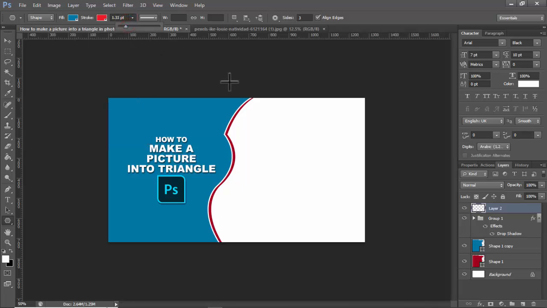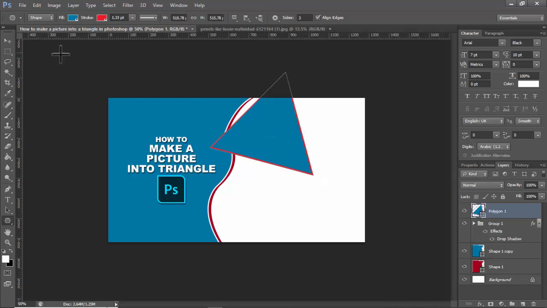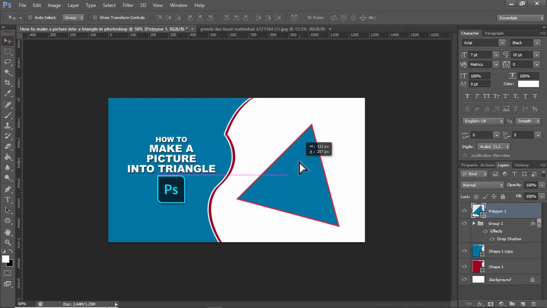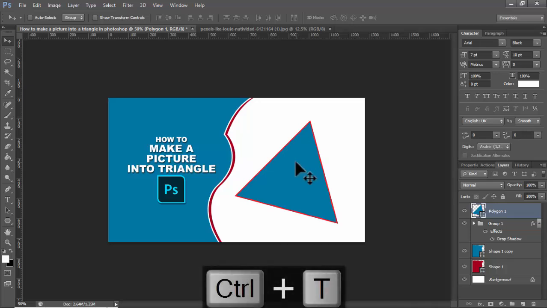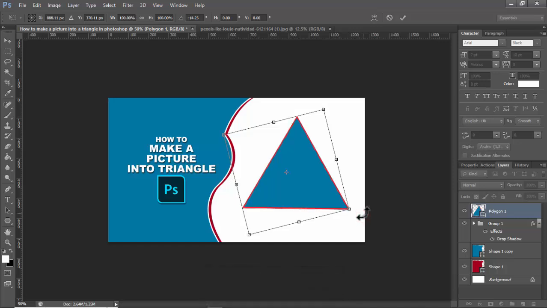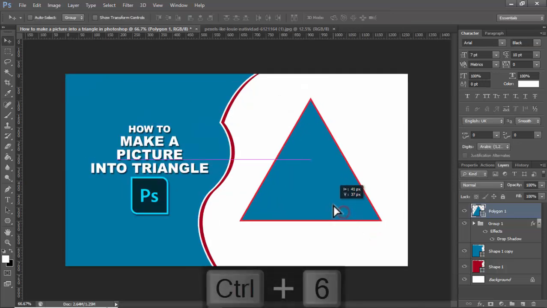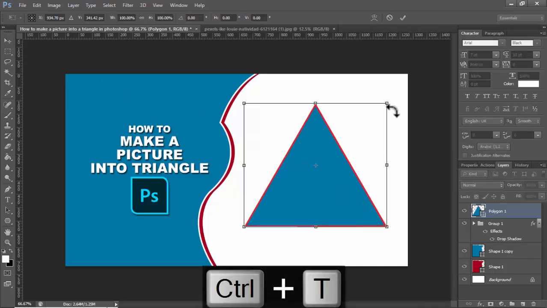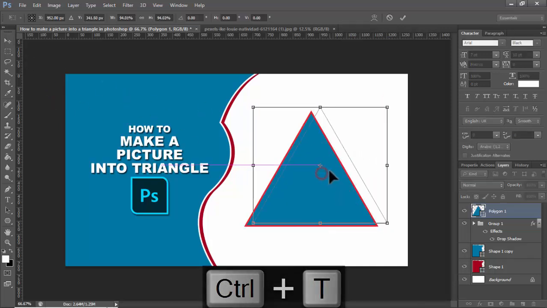Stroke size, press enter, hold shift, click and drag it and move. Press Ctrl T, resize it for straight. Okay, then press Ctrl T, hold shift, click and drag it,